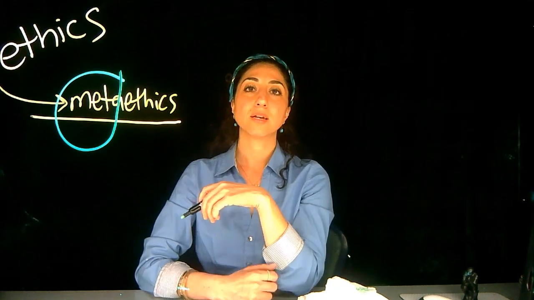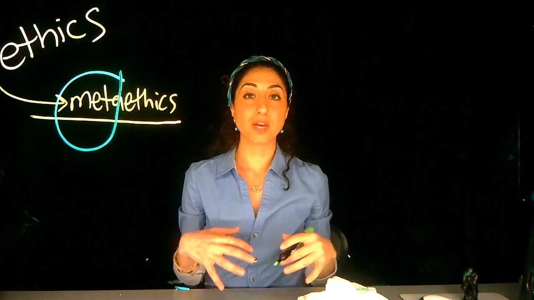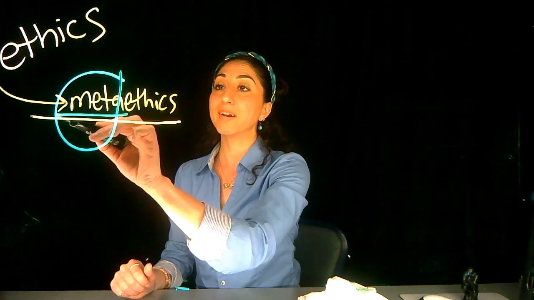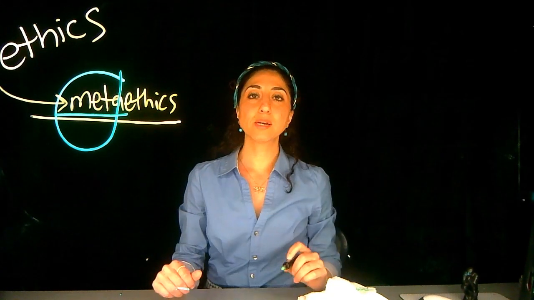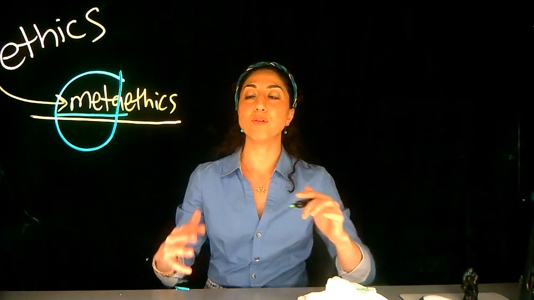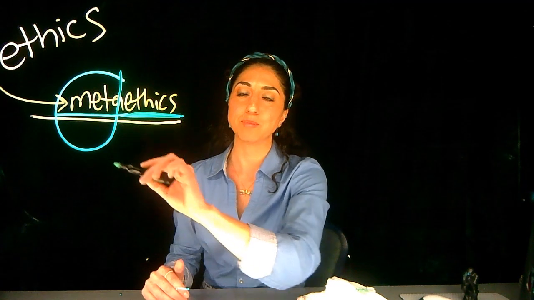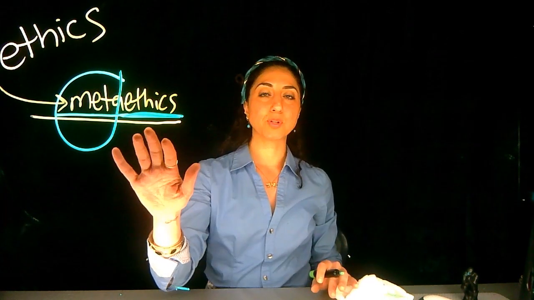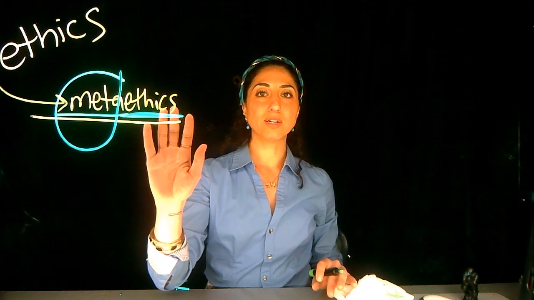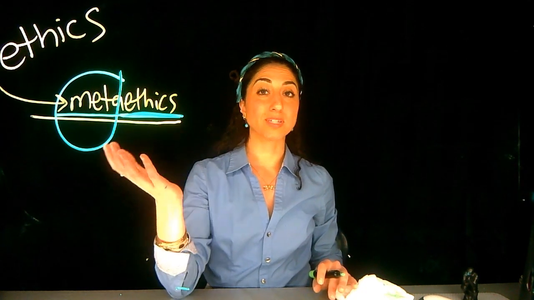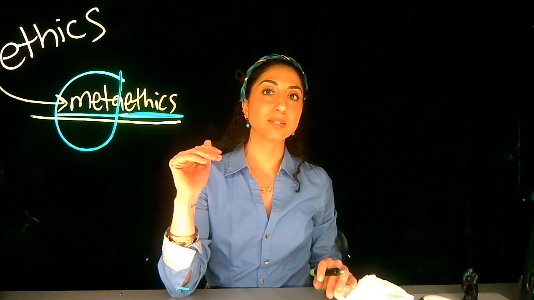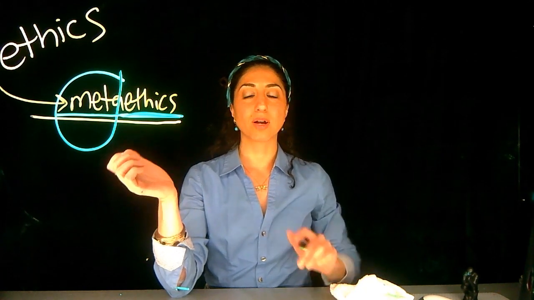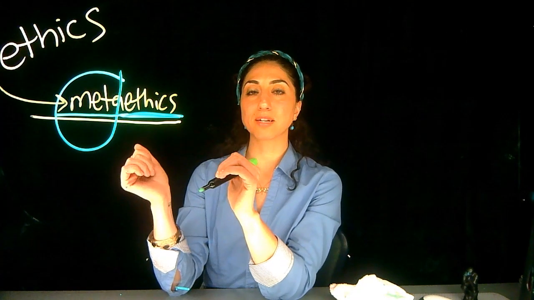Meta means beyond or within, somehow unlimited by. So when we're studying metaethics, we're thinking about some things that are above actual ethical claims or beneath them or within them, something that has to do with what's right and wrong, but not what is right and wrong as far as actions go, or what theories are the right and wrong theories according to which actions are right and wrong. Let's study what metaethics is.